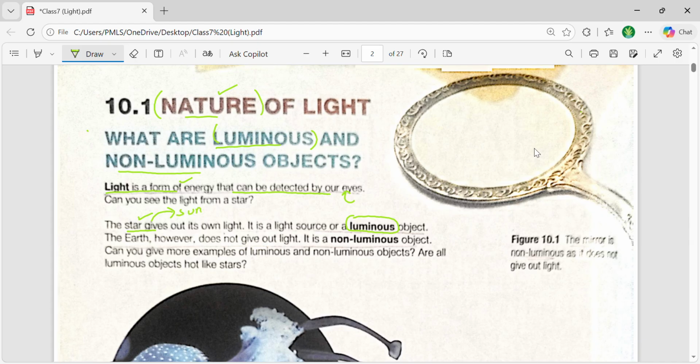It's the sun. However, when we talk about the planets, the earth, they might look blue, green, or different other colors, but they actually are non-luminous objects because they are just reflecting the light of the sun. They're non-luminous, they don't carry their own light. So that's the difference between luminous and non-luminous objects.